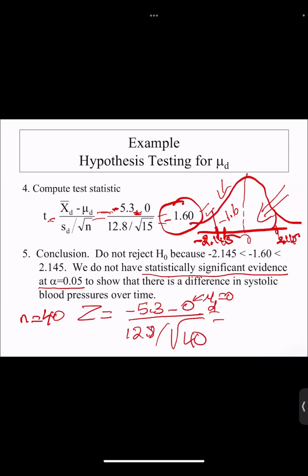So let's do it. Let me do the math. So this is 5.3 divided by